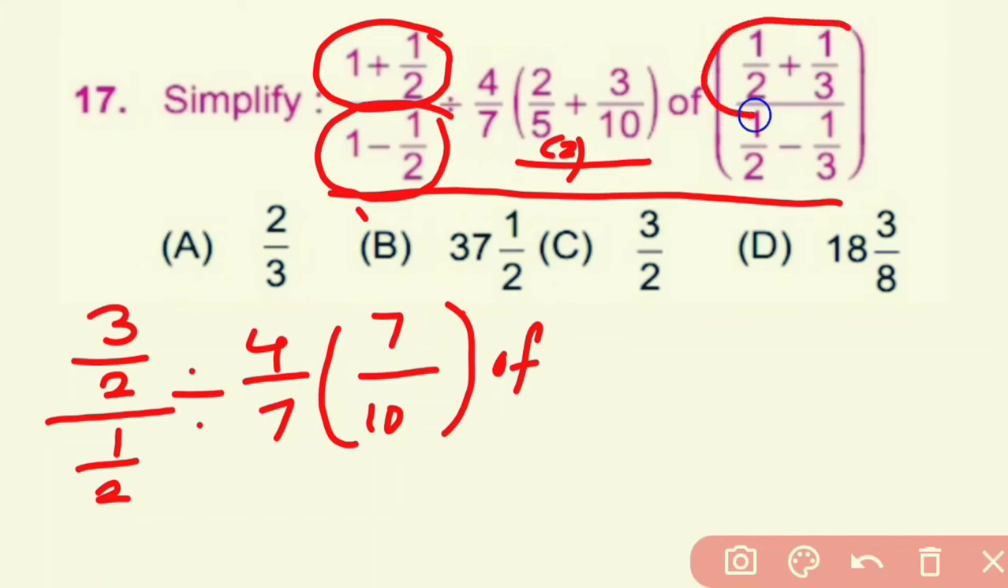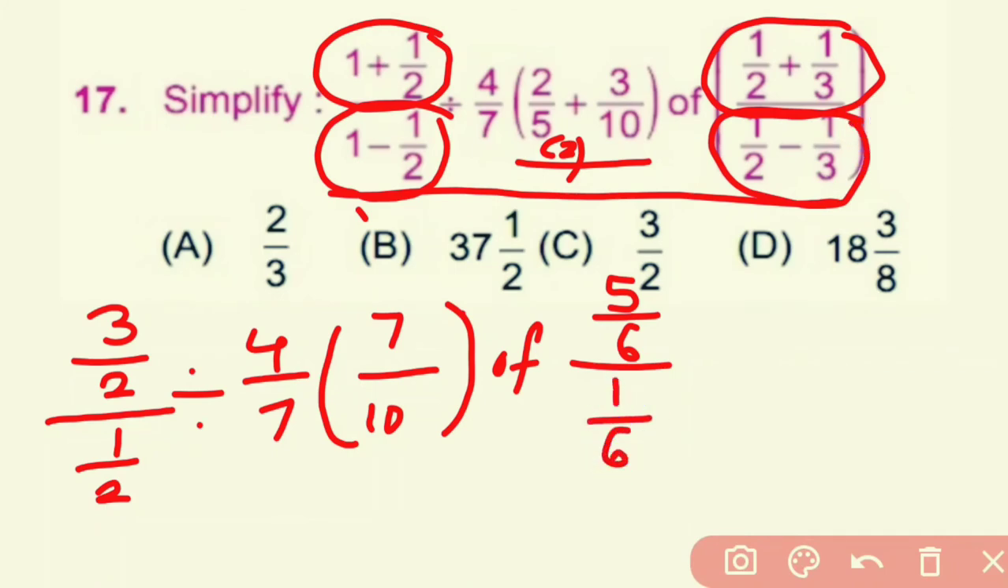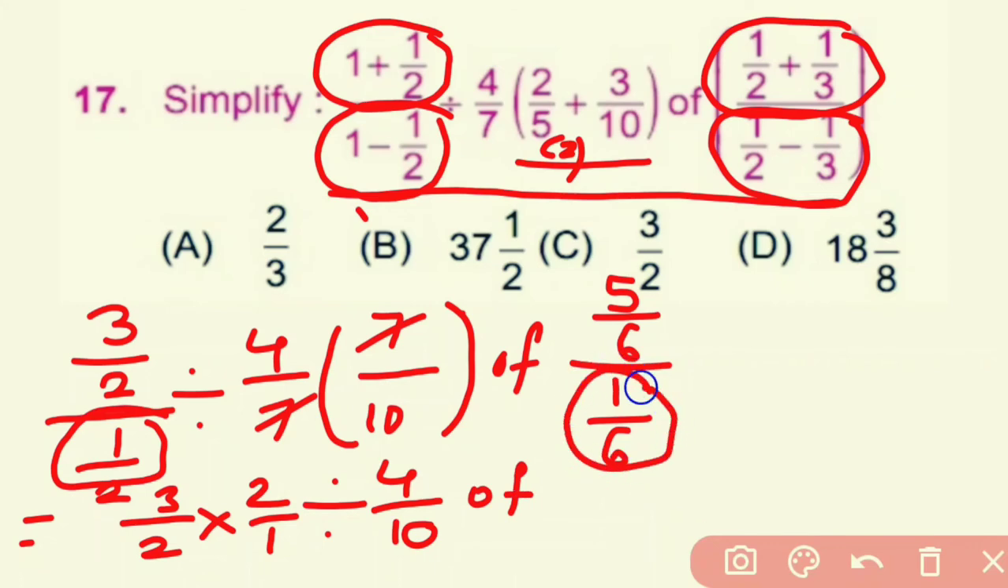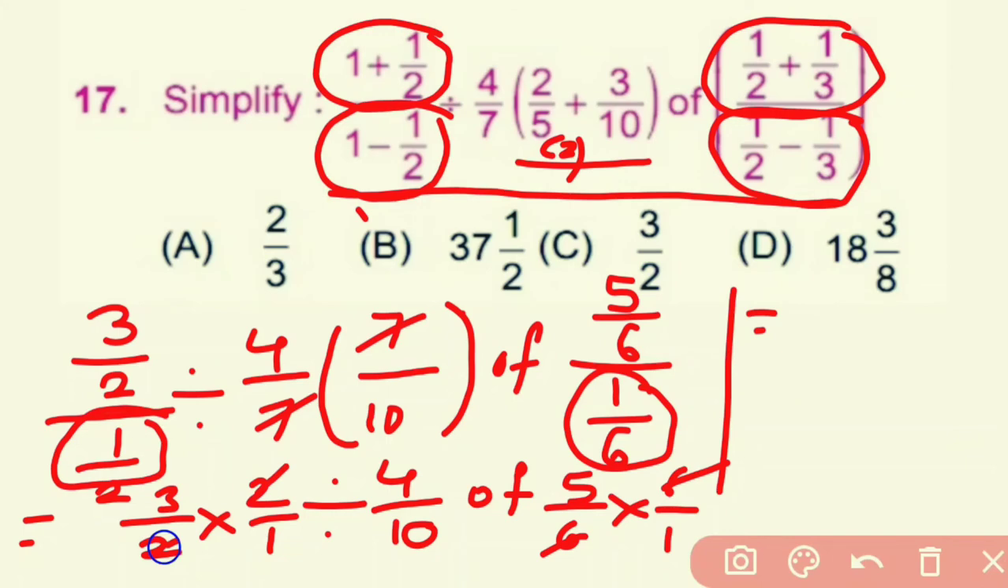Now here we solve this first and this gives 5 by 6. Now we will solve this. This gives 1 by 6. Now here we take the reciprocal of this, 3 by 2 into 2 by 1. Divide by, here 7 will get cancelled. So 4 by 10 of. Here also we take the reciprocal of this, 5 by 6 into 6 by 1. This 6 will get cancelled. Here this 2 will get cancelled. So 3